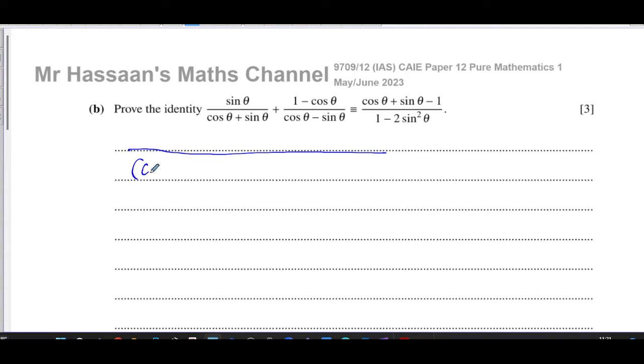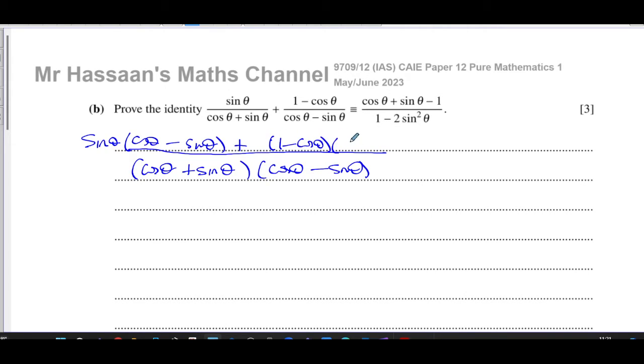I'll write the steps out in full, but you can think of this as a difference of squares. Cosine theta plus sine theta times cosine theta minus sine theta. And on the numerator, you're going to multiply these together. So you have sine theta times cosine theta minus sine theta, plus, and then these two multiply together, you'll have 1 minus cosine theta times cosine theta plus sine theta. So you have to be very neat in these questions. Now that is going to give us,